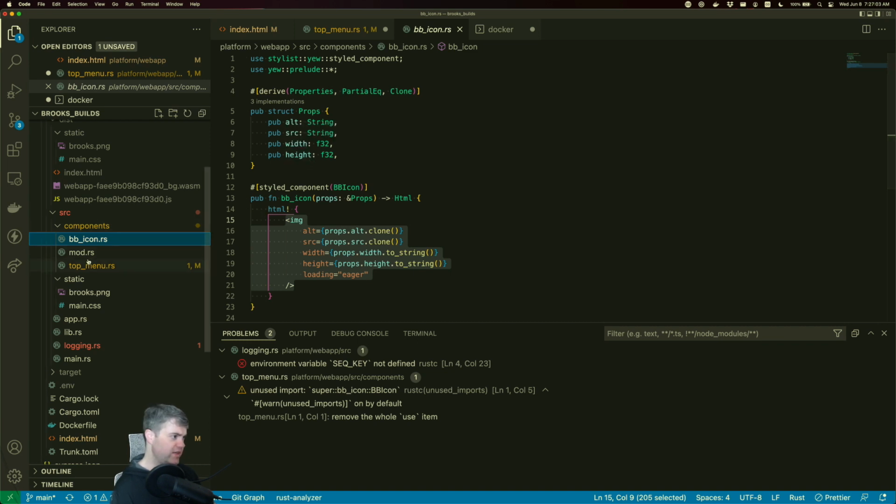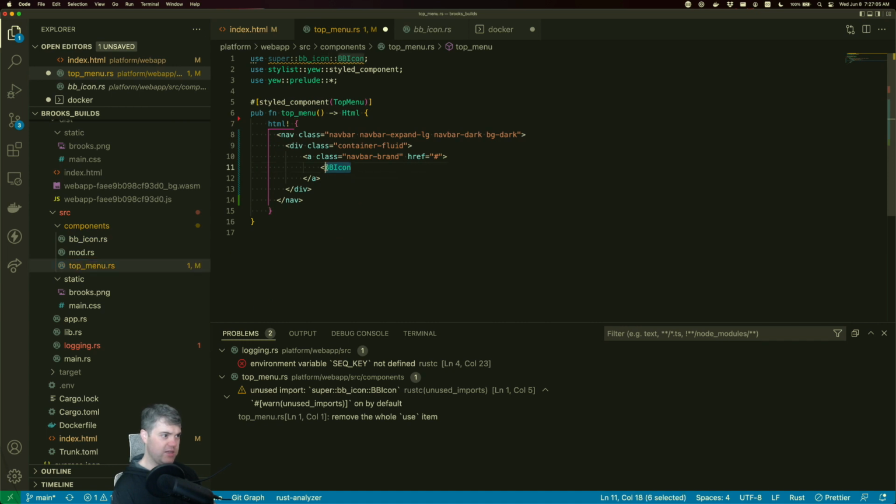Let me try just doing an image on its own instead of a BB icon. So if I do image, source equals, that's going to be this Brooks static docs.png. And then we need an alt tag. So alt is going to be